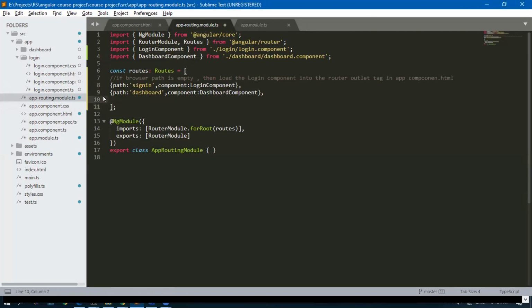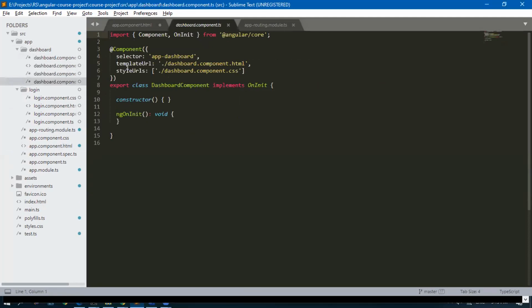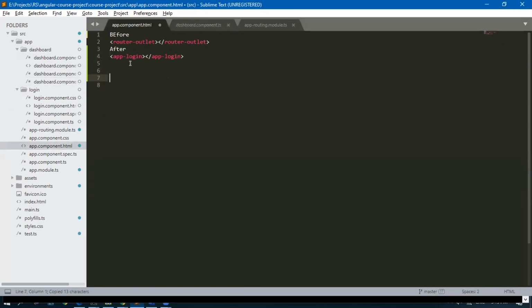Where to load? Wherever you find the router outlet. This is one way. I can also use the selector, app dashboard. That will also work.